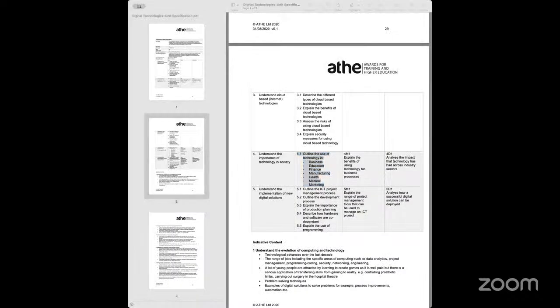Today we are covering learning outcome 4, which is focused primarily on looking at the use of technology in society. So what we want to be able to do is understand how we are using technology in society in general, day-to-day life. This would be looking at certain aspects which they've specified here,